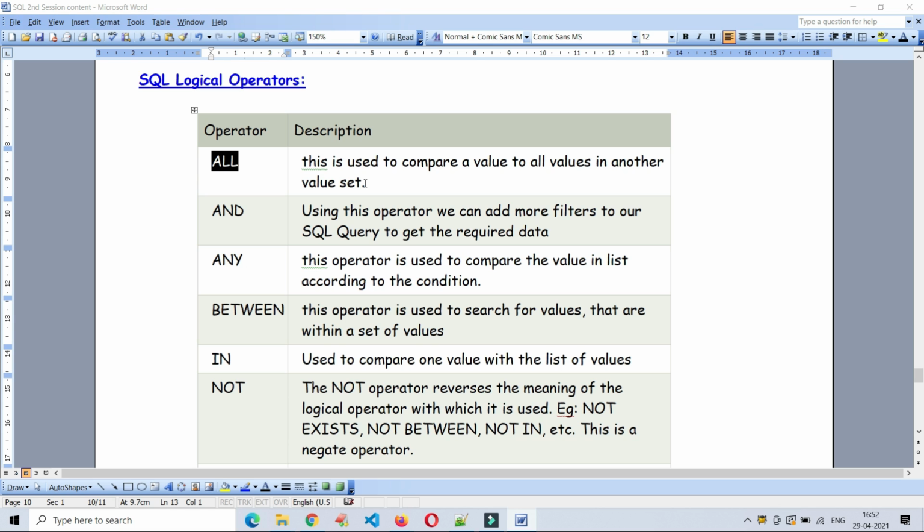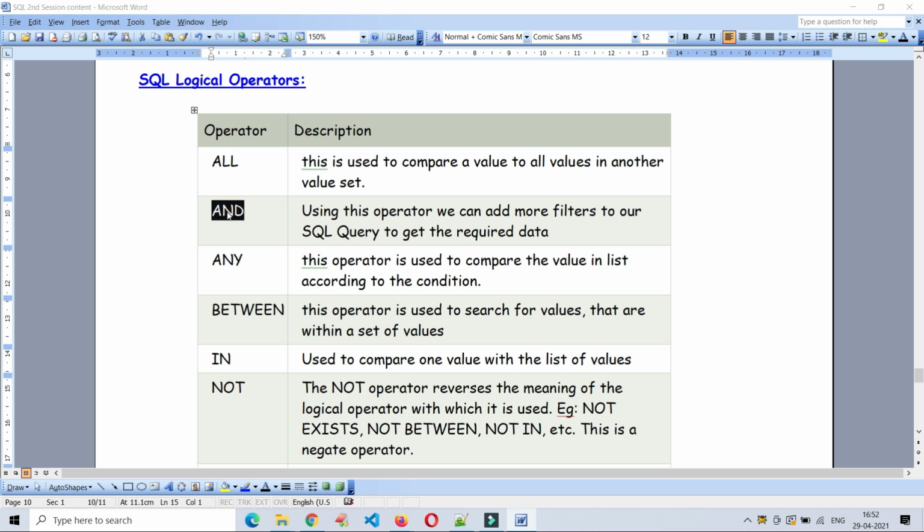Suppose I have a value called 20. I want to check, is there any equal value available in the other set? There are 10 values available. For that, do I need to do 20 equal to first value, 20 equal to second value, 20 equal to third value, and so on? It will take many loops, right? It will take much time, even with 10 values. If there are more than that, there is no need to mention the conditions for each and every attribute or value. Instead of that, I am simply using 20 ALL and whatever list of values is available.